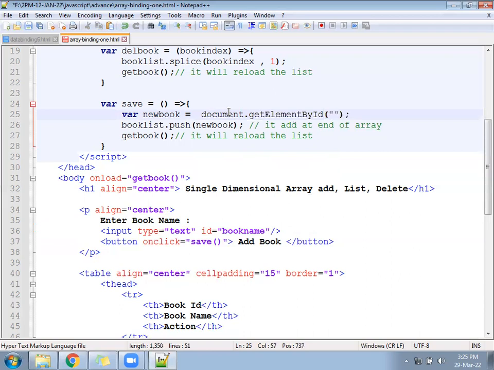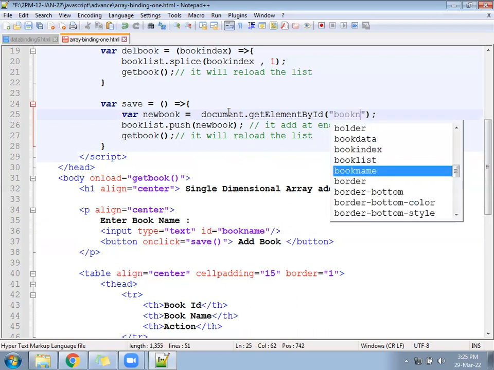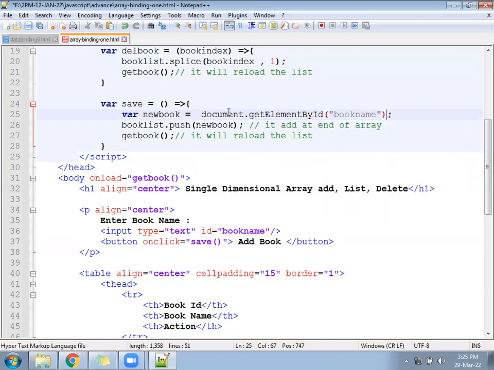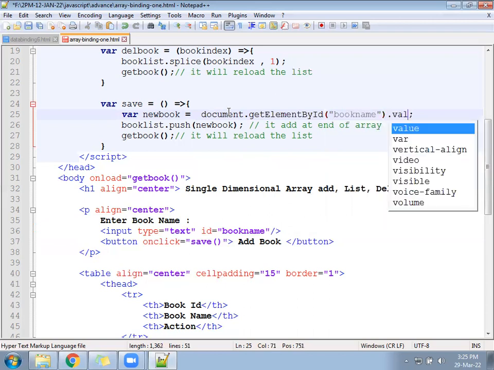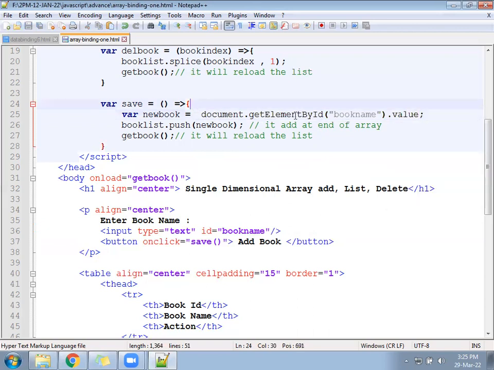Which ID? Book name. What do you want to do with that? We want to take its value. In the current document, find the element whose ID is book name, take the value and give it to the new book.